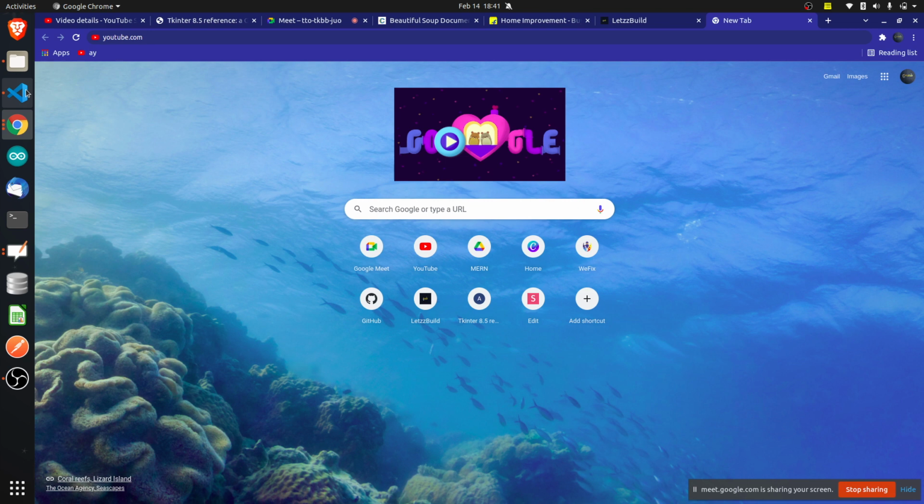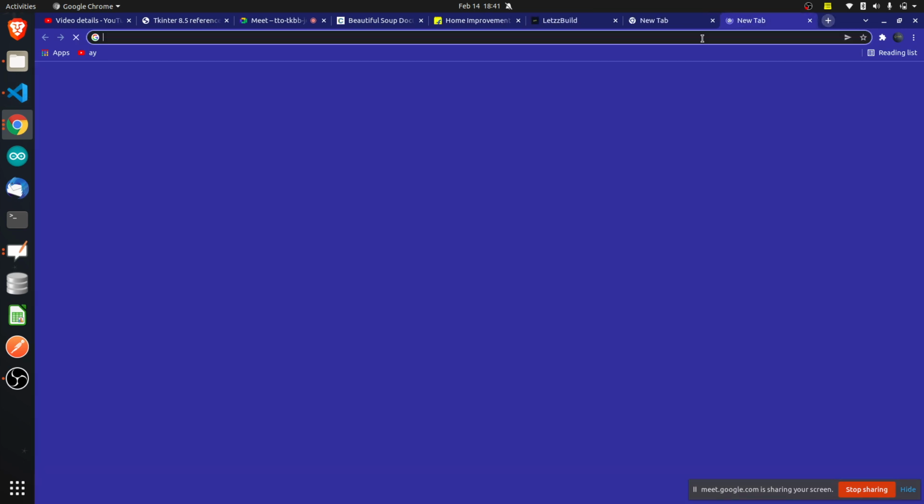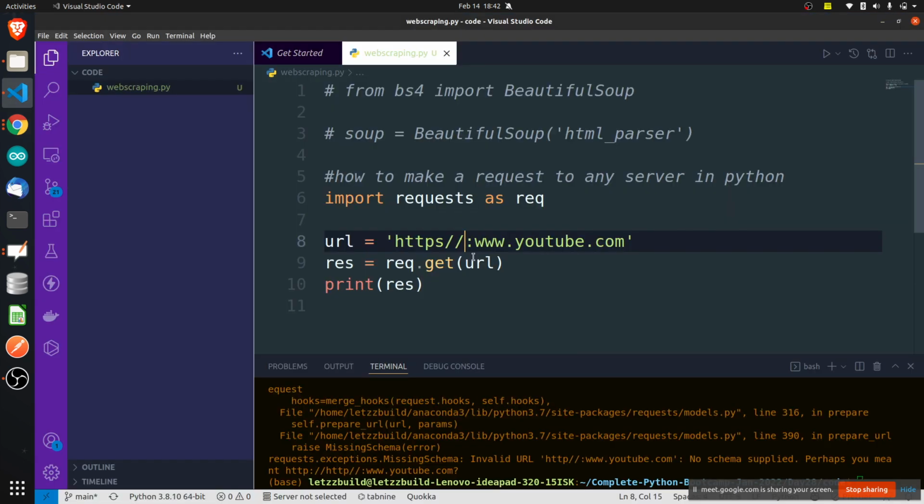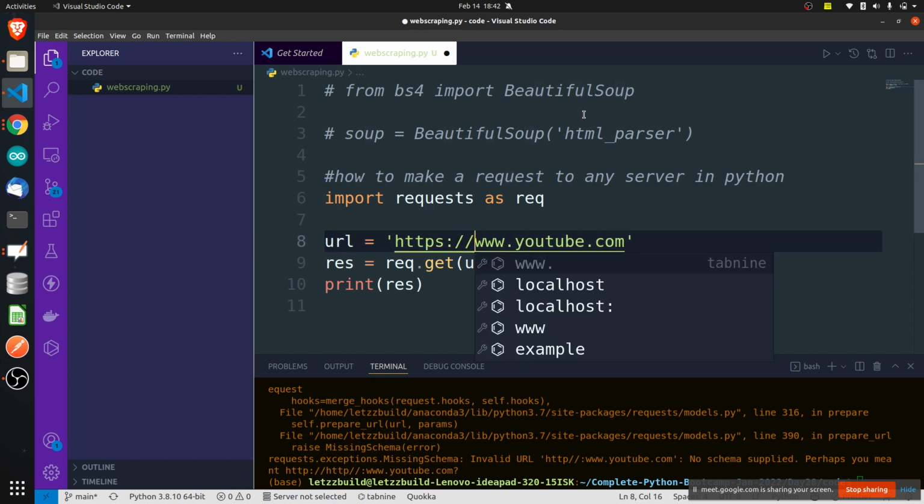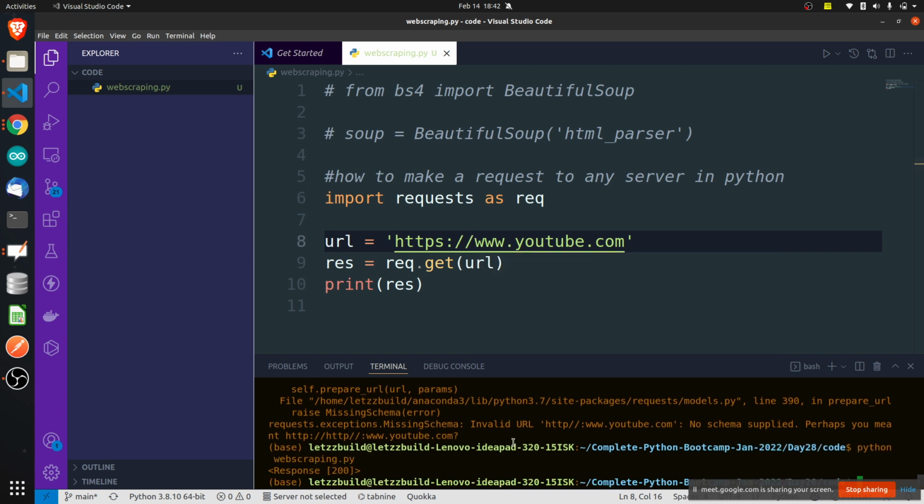I'm just writing which server I want to make the request to, which domain, and I have stored it in this variable URL. Okay, https. So that was my mistake, I wrote this the wrong way around.